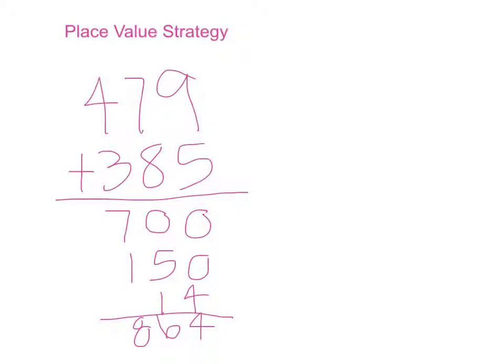Another thing that I wanted to mention was that the students, when they learn how to read, they read from left to right. And when you're using the addition algorithm, you go from right to left. So a lot of students don't like that because they're not used to it at first. So this method allows them to go from the left to right, just like they're reading. And this helps them better